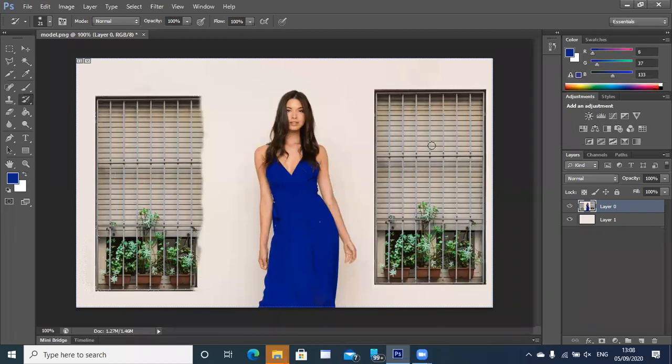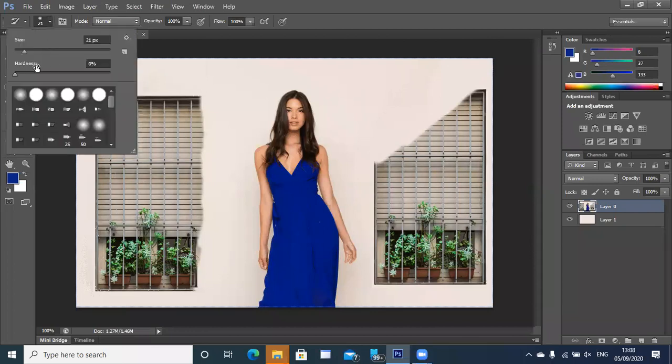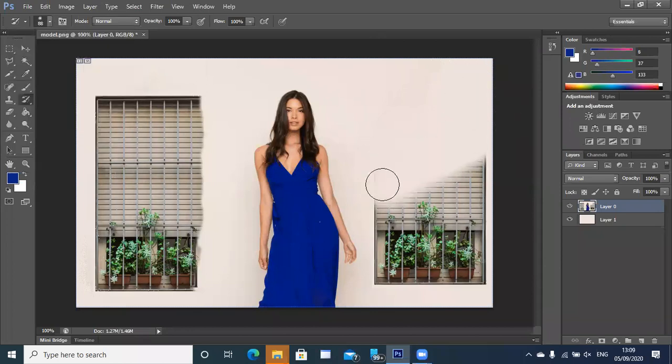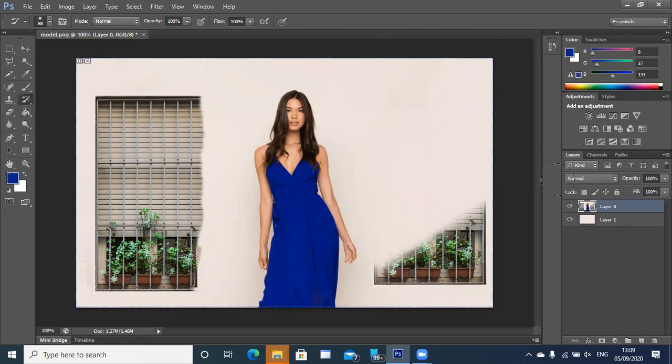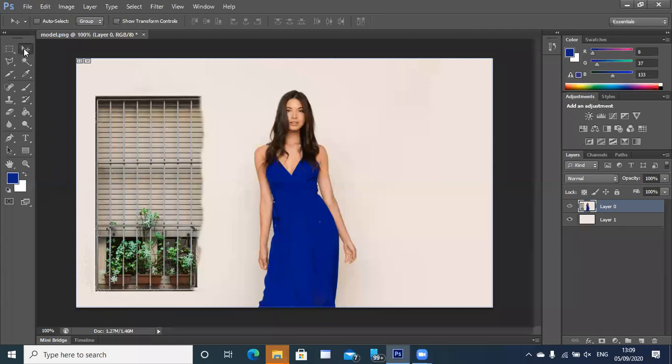Again, I'll show you. Suppose I don't like this window. I want to erase it. So just increase the brush size here. Yeah, just use the history brush tool. We're erasing the window. If you don't need a certain area, use the history brush tool. It will go back to what it was normally. You can take a bigger brush to erase faster. Okay, are we clear?